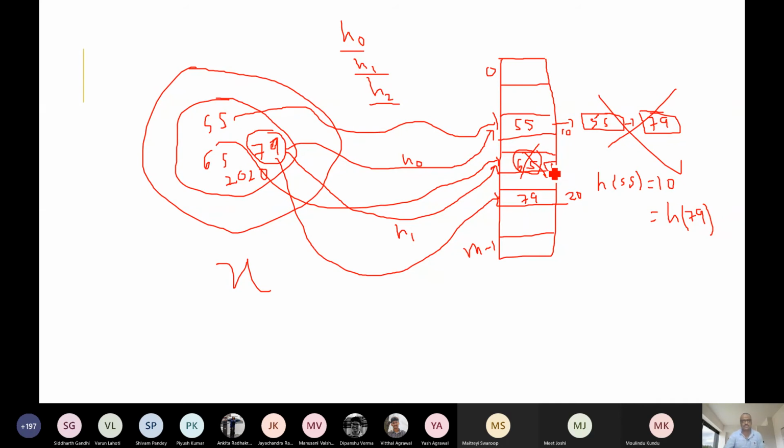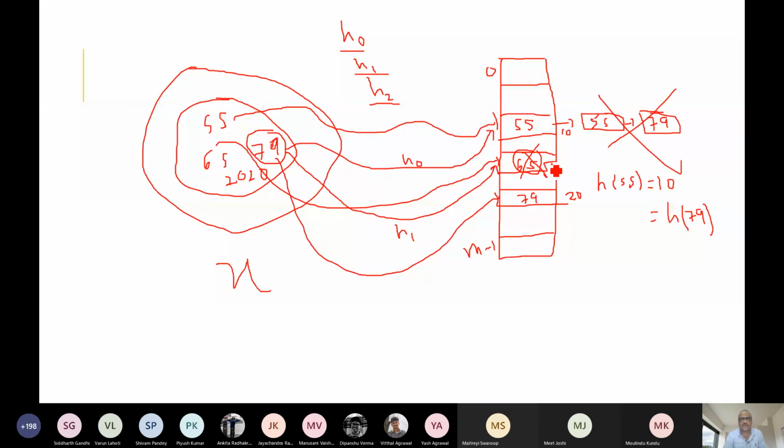Otherwise, we will simply say that 79 is not there in the database. We don't have a record whose key is 79. So deletion is tricky in the sense that when we delete a key, we have to maintain a mark that this slot was not originally empty.